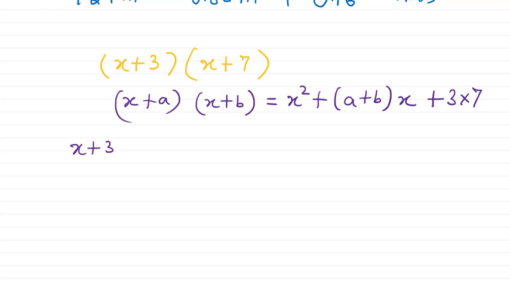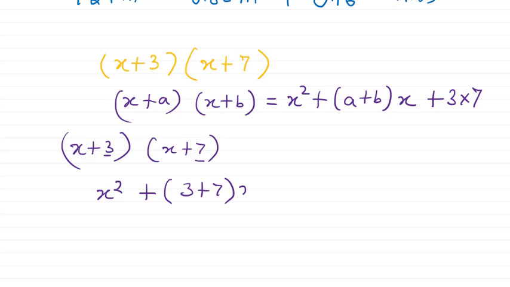So the product of x plus 3 into x plus 7 is going to be the square of the first term, that is x square, then the sum of a and b, so that's 3 and 7, times x, then plus 3 into 7. So here you get x square plus 10x plus 21. So using the identity helps to solve it very